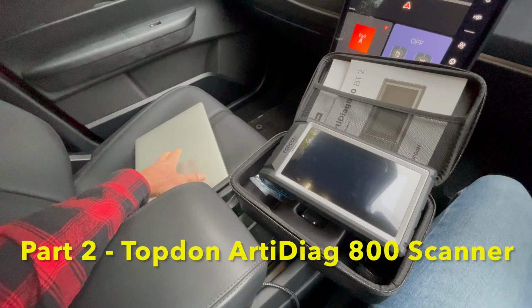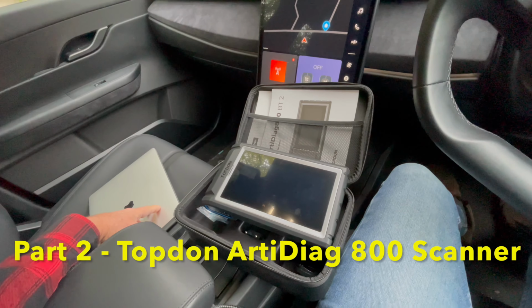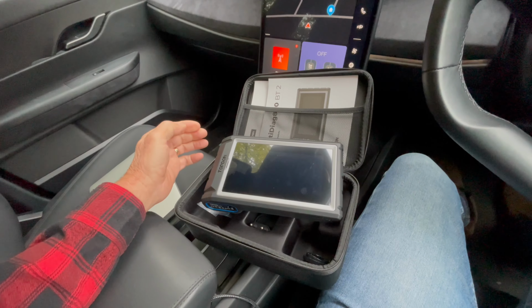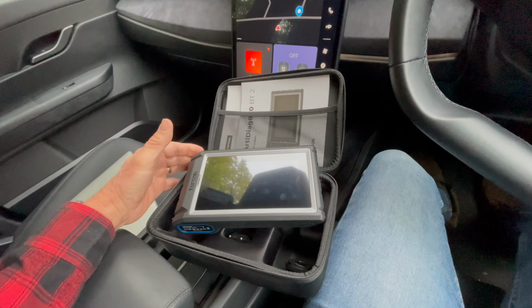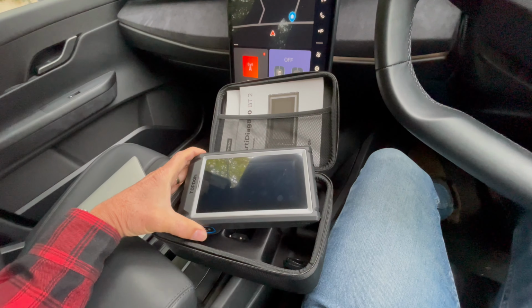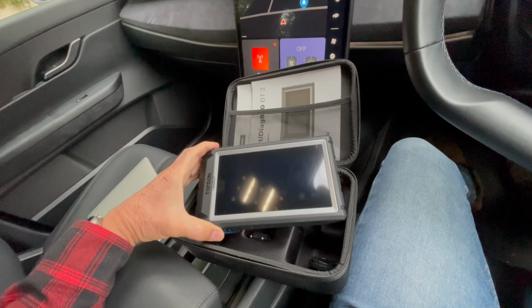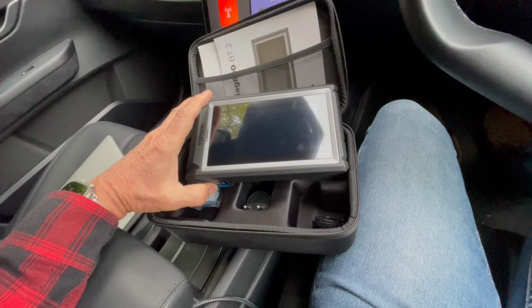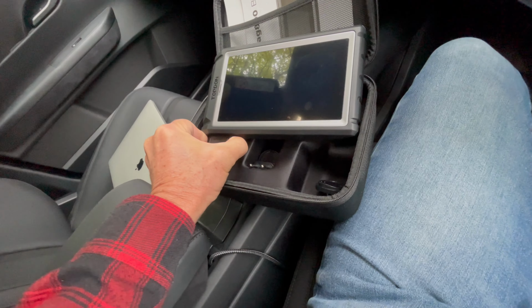So if the full version of Freesker using a laptop doesn't clear OBD error codes, DTC codes, then what can you do? I saw somebody on the internet said the TopDon ArtiDiag 600S would clear diagnostic codes. I was going to buy that, but I saw for not much more this ArtiDiag 800 BT2, a Bluetooth device, was only a little bit more, £250 UK pounds, and has a Bluetooth interface to its OBD plug-in ports,